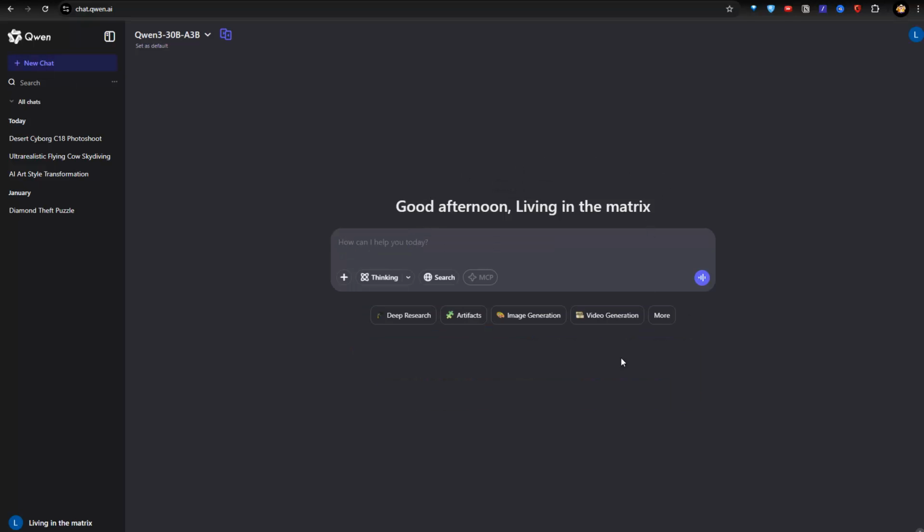There's also the option to generate images. So the video generation takes a bit longer. I'll spare you that now. It took me around, I think, at least 3 minutes or even 5 minutes to generate a video. So I thought that was quite long actually. But for the image generation, this is really impressive, at least from my point of view.